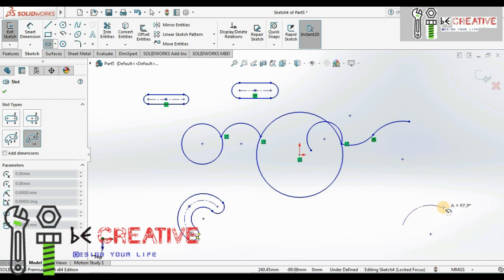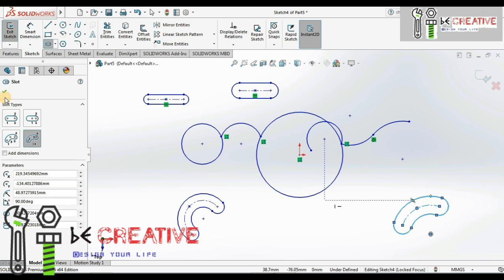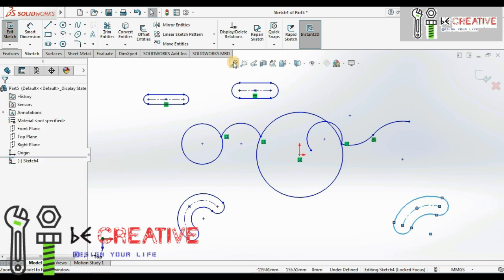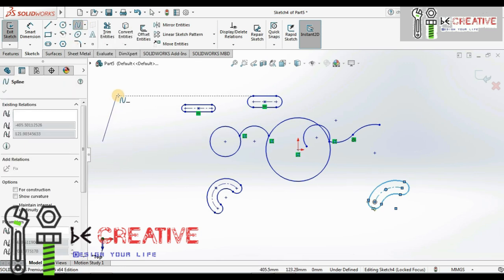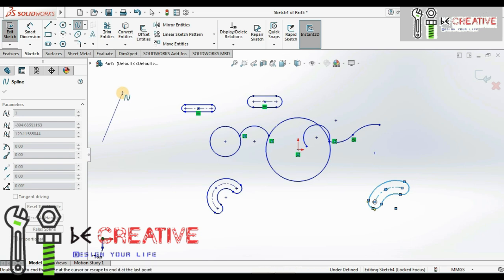After that we have an option called spline. Here we have to define the start point of this spline. After that we can select points in the spline as per our application,